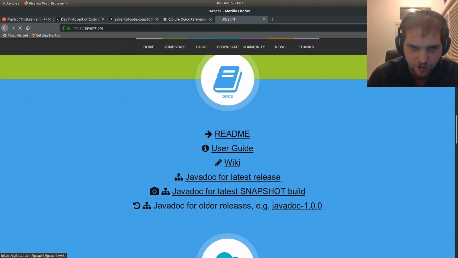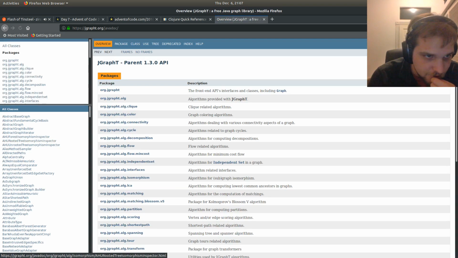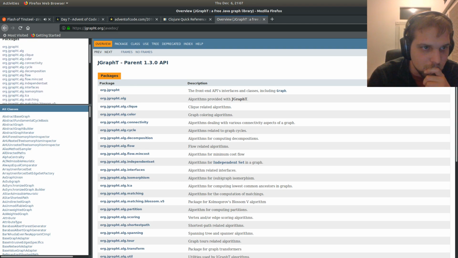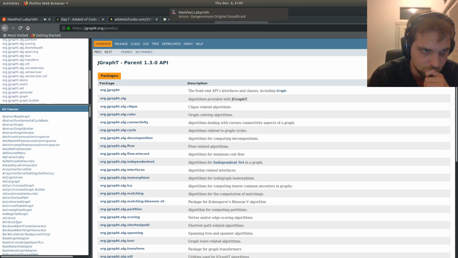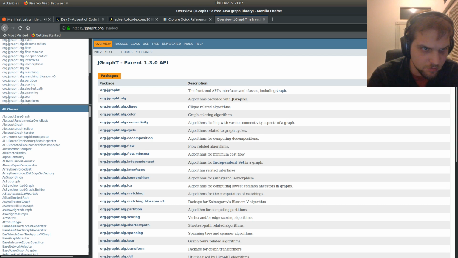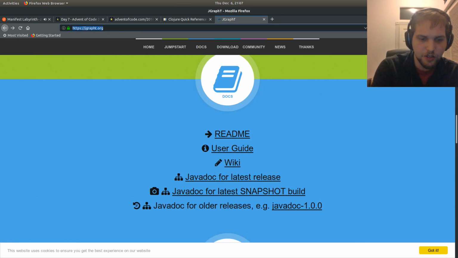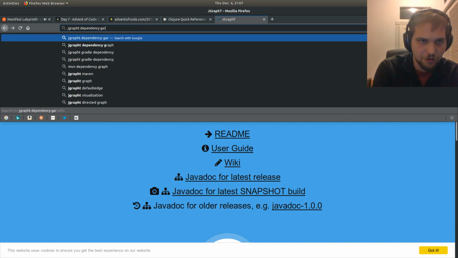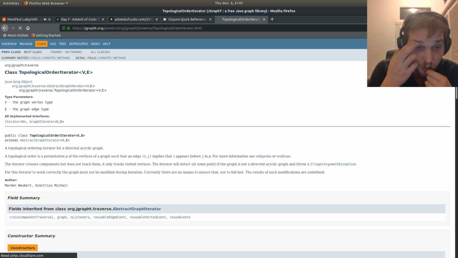Nothing. Okay. Javadoc for latest release. Let's go. Okay, hold on. Let's try JGraphT dependency graph. Here we are.